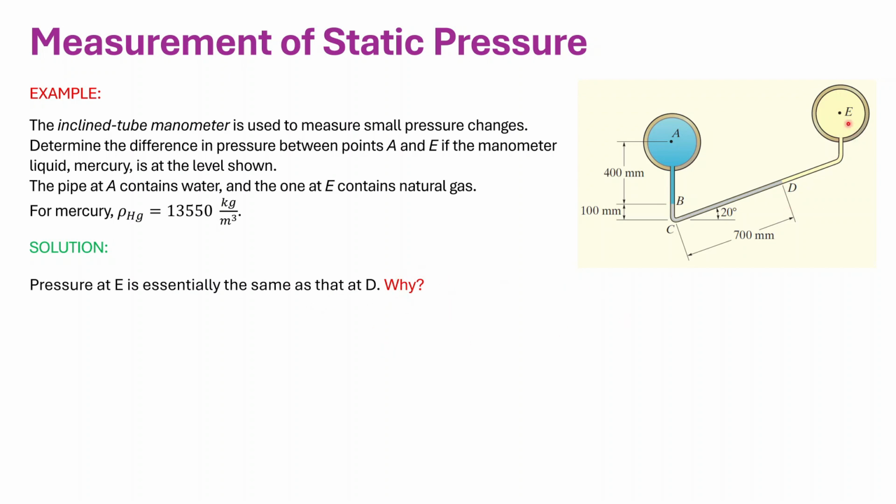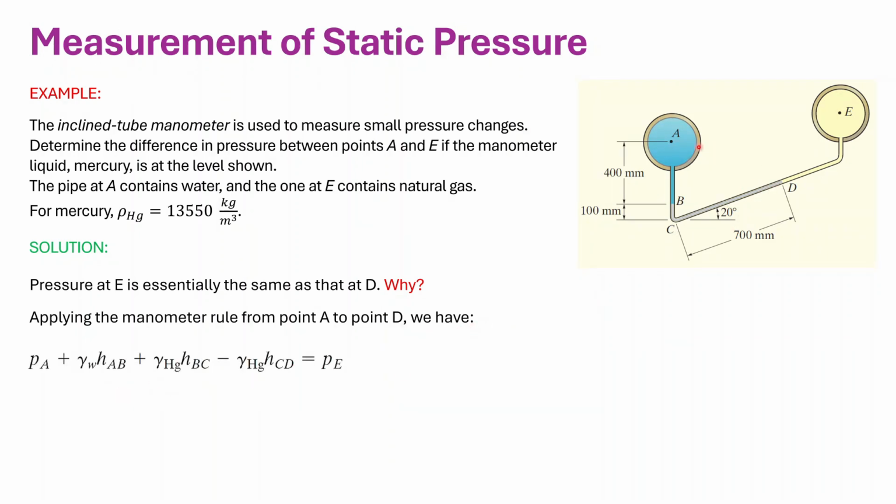The reason is that it's a gas. So applying the manometer rule from point A to point D, from here to here, we have PA, you start from here, plus gamma W times h AB,